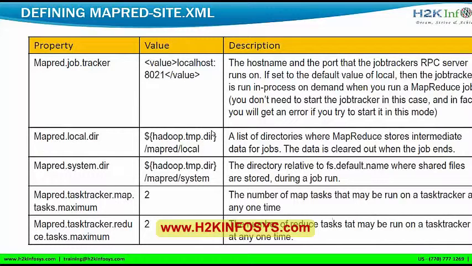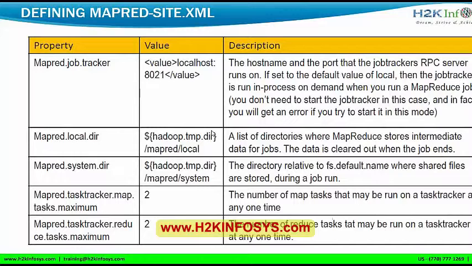All the intermediate data is not used by us, right? We don't need the intermediate data. What the customer looks for is the final output data. That's the reason we store all the intermediate data in our local file system, and this is the directory where we declare where it should be stored in my local system.